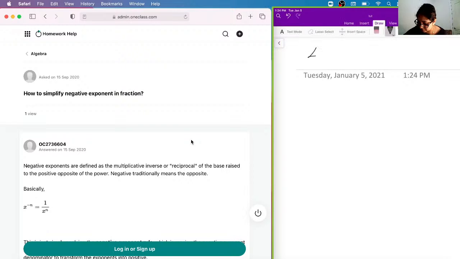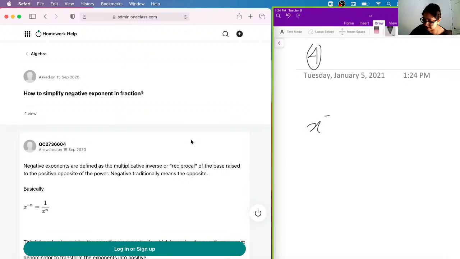Okay, so our next question here says, how do you simplify negative exponent in fraction? Okay, so negative exponents are basically defined as the multiplicative inverse or the reciprocal of the base. So what we mean by that is, so basically we have a formula here where let's say you have a negative exponent,